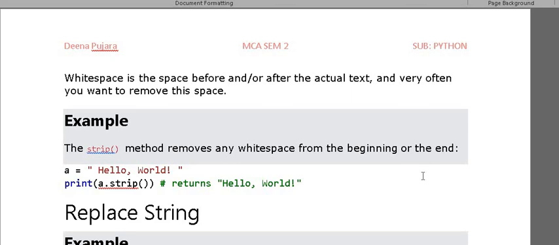That is not between the text, but from the beginning to the end. The function we use is the variable dot strip. Strip is the function that removes the white spaces from the text.